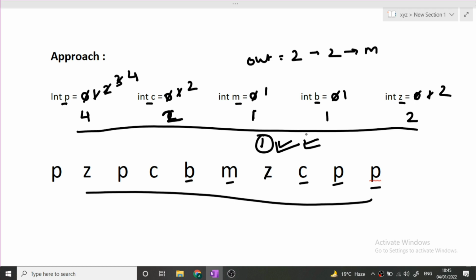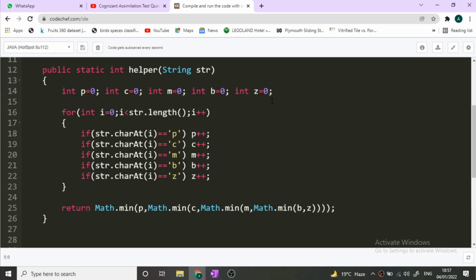So guys, now let's just see the code. Okay, so guys, in the estimation test, we only have to complete the function. We know the input value, and we just have to output a certain result. We have to simply return the value from this function. So for saving time, I have already written the code.